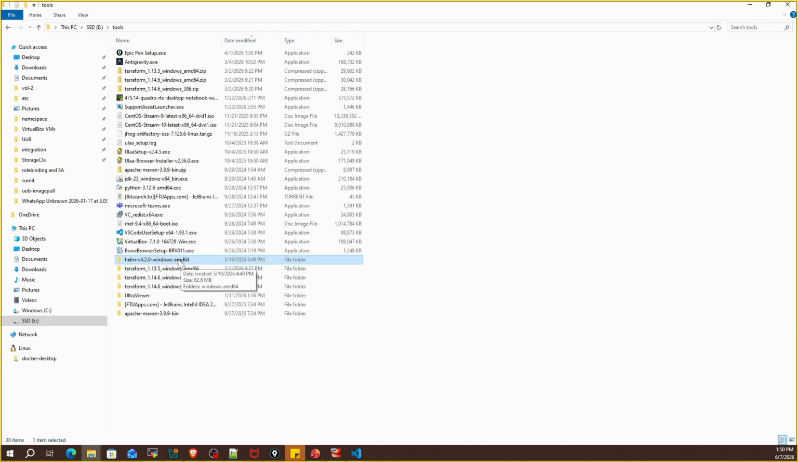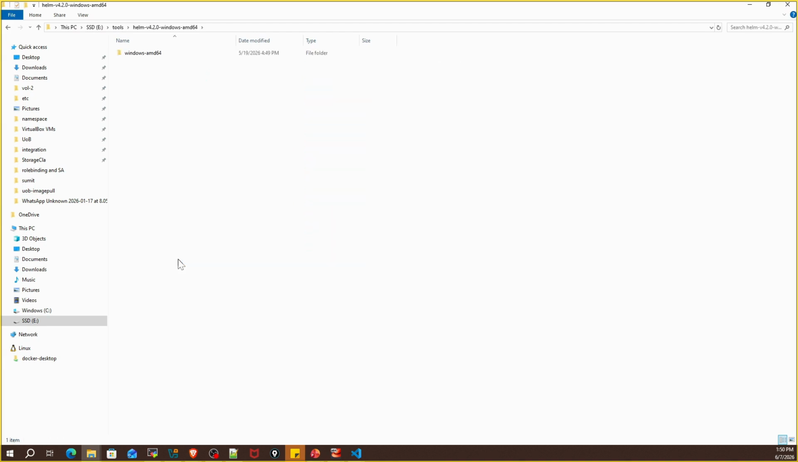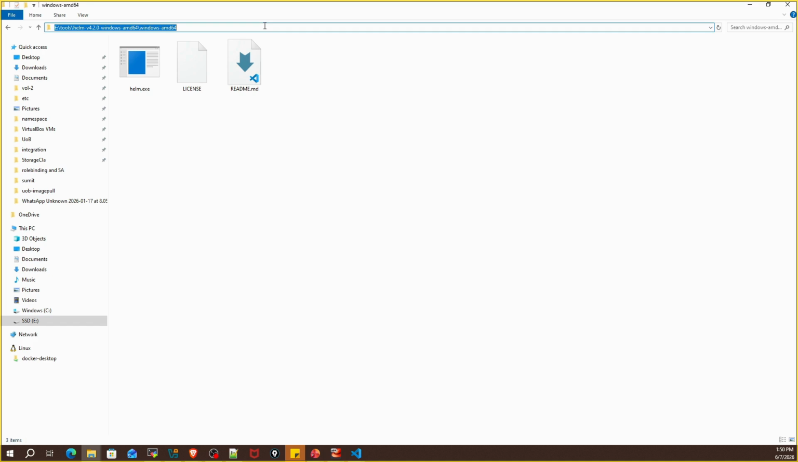Now open the extracted folder. Inside Helm version 4.2.0 Windows AMD64, you will find another folder named windows-amd64. Open that folder and you will see helm.exe. Copy this complete path. Next, we need to add this location to the Windows Path environment variable so that Helm can be executed from any command prompt. To do that,